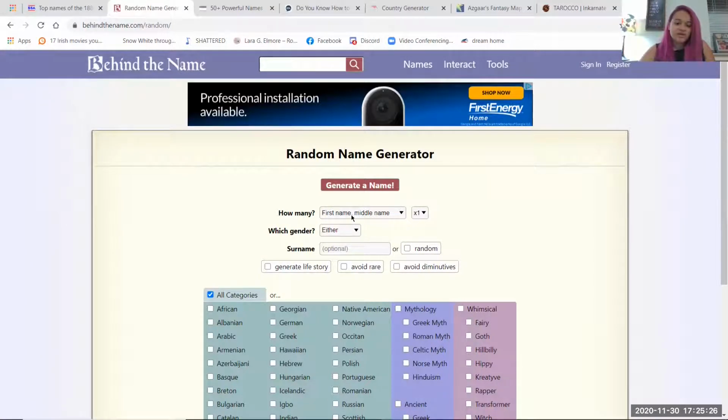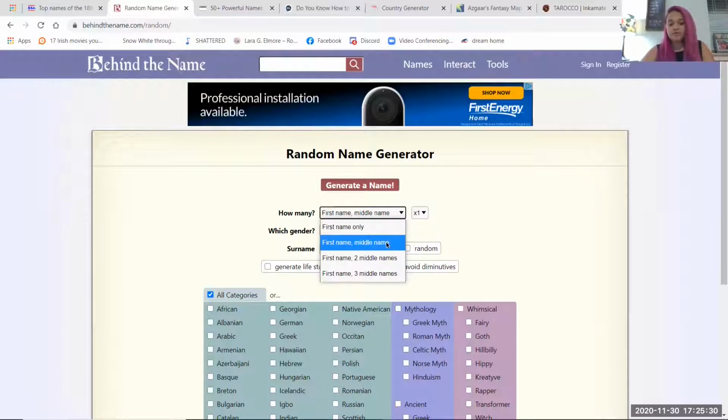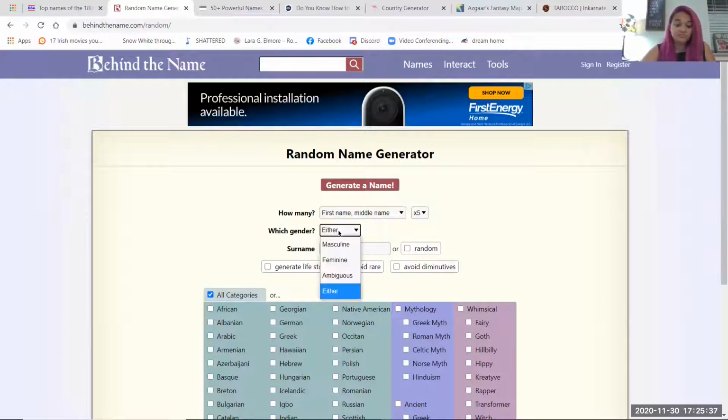But you can come here and you could say, I want to look up first name or up to 3 middle names with it. I want five options, because who doesn't? And we're going to pick feminine names. You can actually type in your surname if you want, if you know what you want your surname to be. You can just click random. I always like to avoid rare